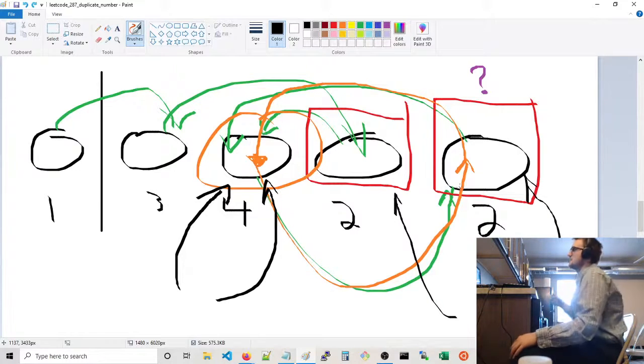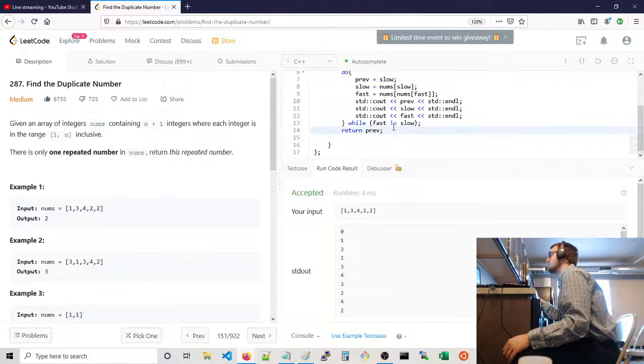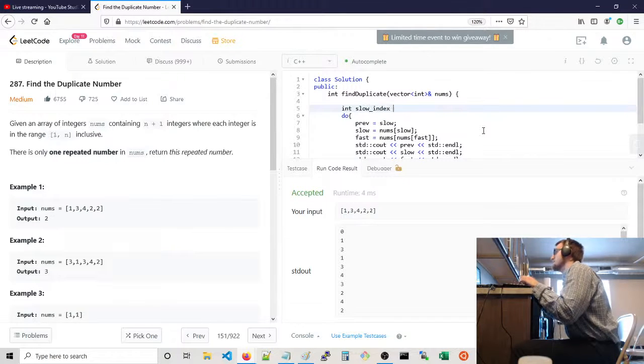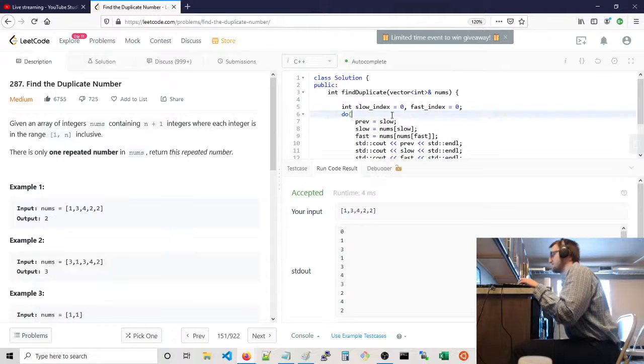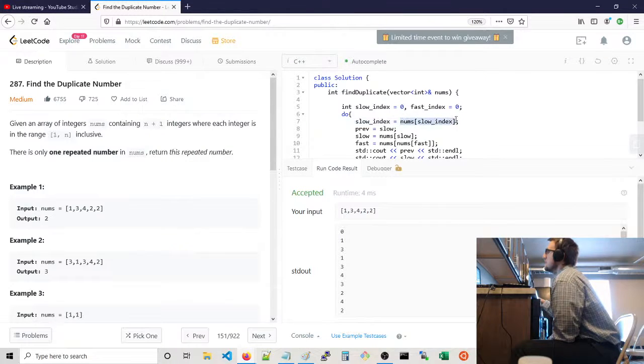Let's see if we can try to figure out a way to do that. Differentiate between the indices and the values at the indices. So just do slow index, initially 0, fast index, also 0, right? And we're going to say slow index is going to be updated to, now the slow index, initially 0. We take this nums of slow index and we actually want